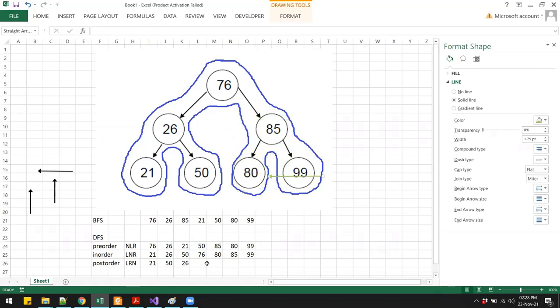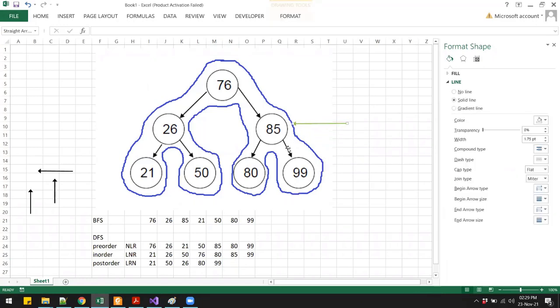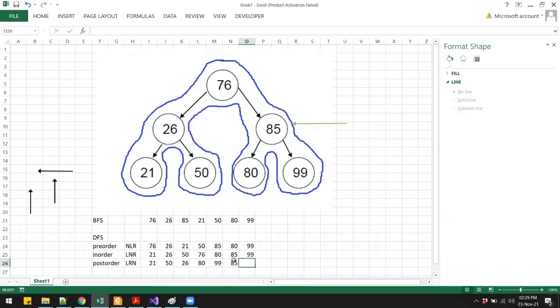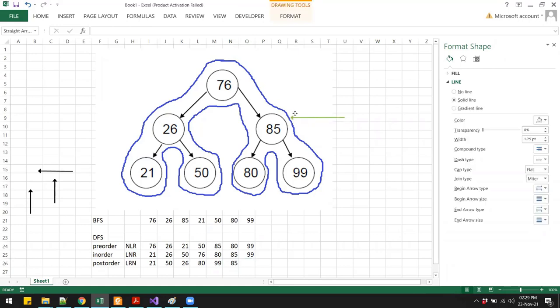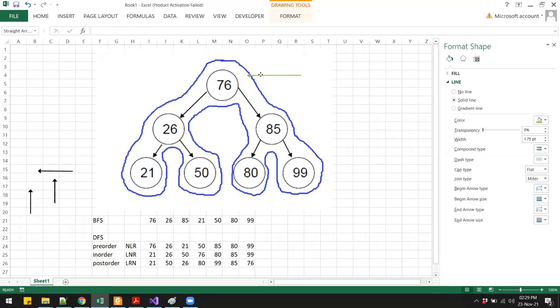We have 80, then we have 99, and then we have 85, and then at the end we have 76, and we have reached the starting point once again.